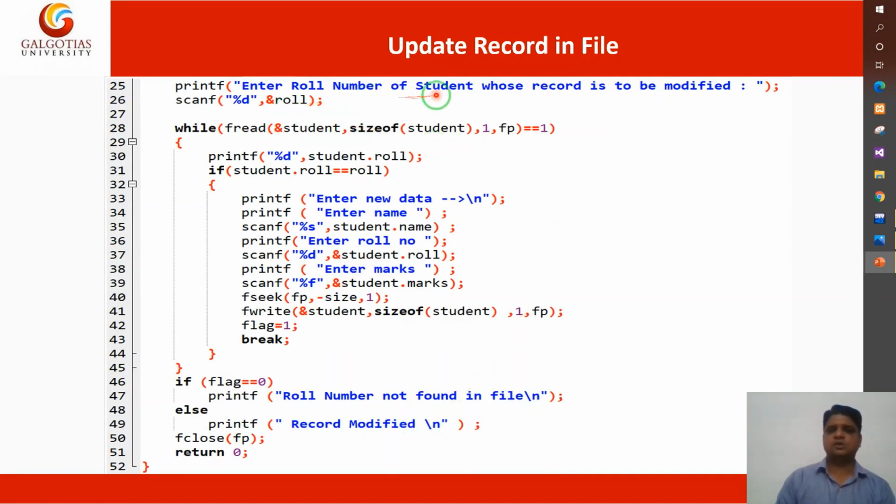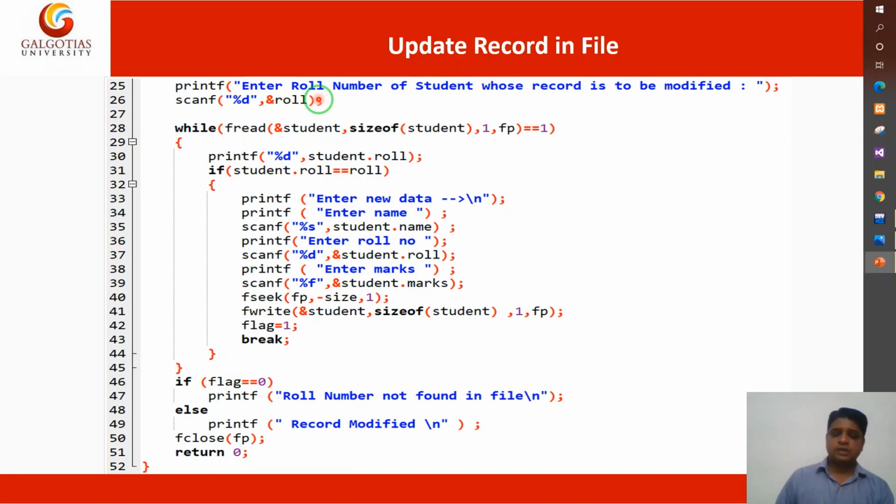Now enter the roll number of the student whose record you want to modify. I have already told you that in my program I have taken roll numbers 1, 2, 3, 4, 5, 6, 7, 8, 9, 10, and the function will always contain the data as per the bytes accordingly. So you have to understand it as a roll number. Here in this program I have taken a different type of operation. I have compared the roll number with the student roll number. If they are equal, then your record will be updated.